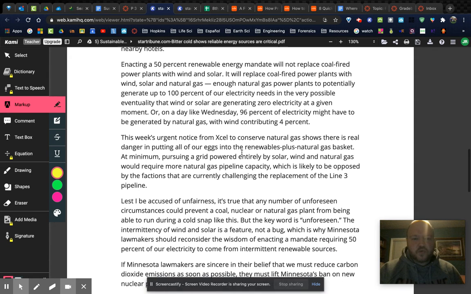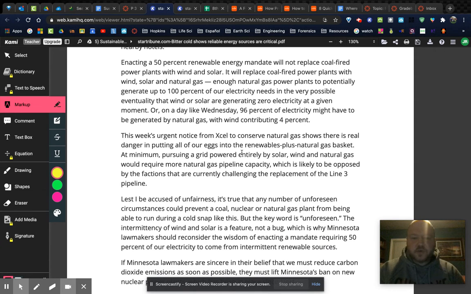Enacting a 50% renewable energy mandate will not replace coal-fired power plants with wind and solar. It will replace coal-fired power plants with wind and solar and natural gas. Enough natural gas plants to potentially generate up to 100% of our electricity needs in the very possible eventuality that wind or solar are generating zero electricity at a given moment. Or, on a day like Wednesday, 96% of electricity might have to be generated by natural gas, with wind contributing 4%. Okay, here again, he's talking about that legislative mandate from the government and hinting here at which forms he